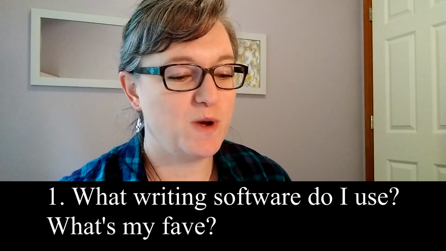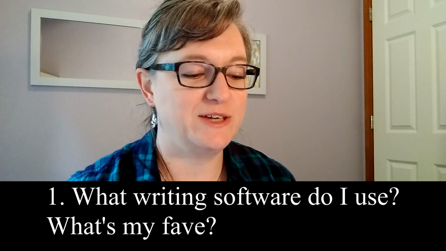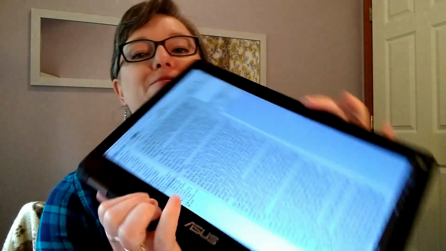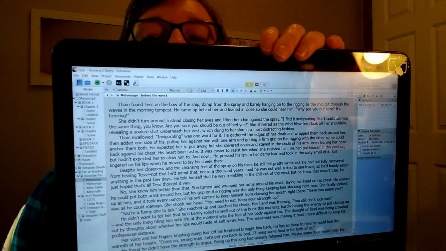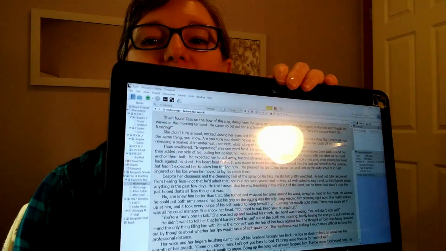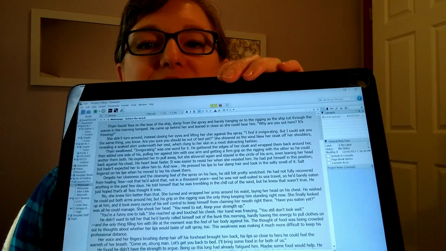I have my list. Number 1, what writing software do I use and what's my fave? Well, number 1, I use Scrivener, and my computer's a flipbook, so I'm just going to do this. It actually worked. Woo! Anyway, so I use Scrivener on the regular, and it